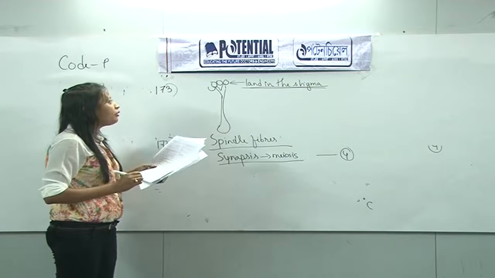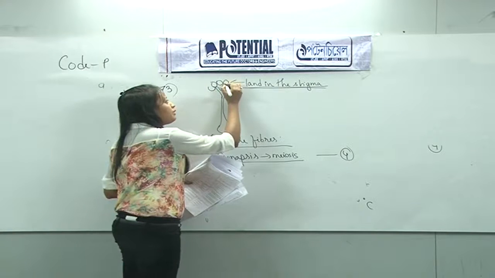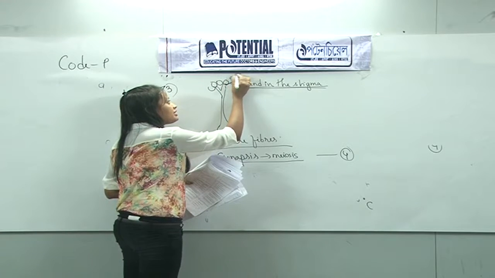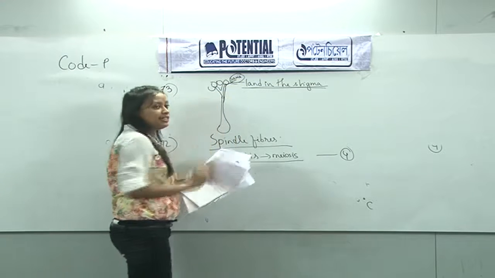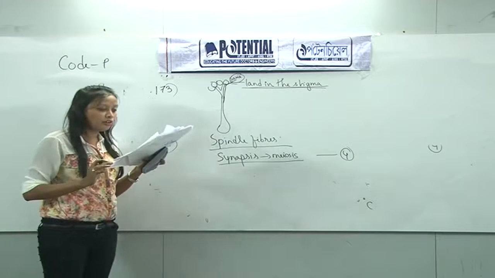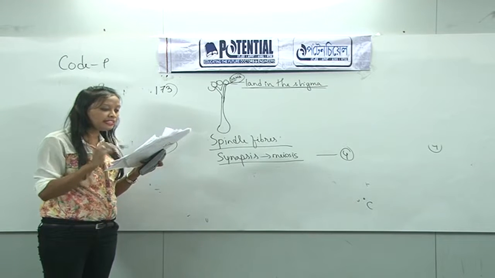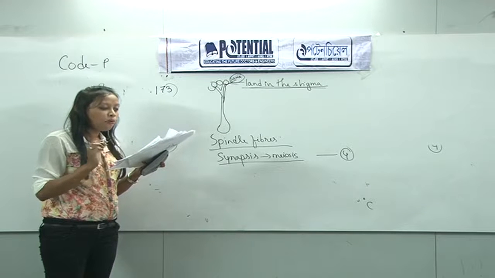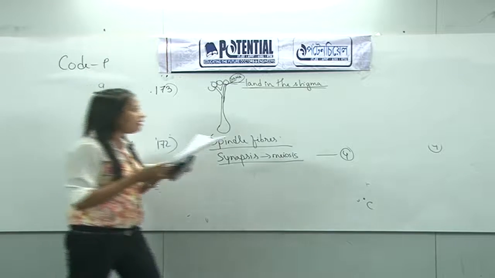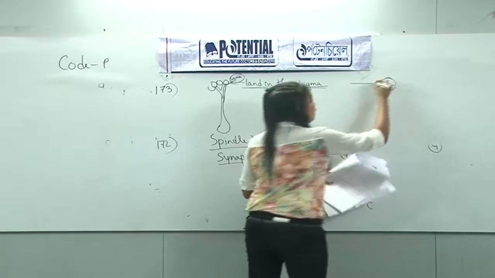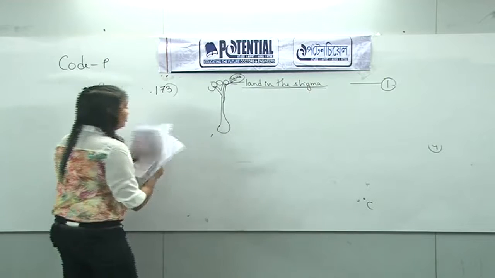But there is pollen-pistil interaction which allows only the pollen of the same species. If the pollen belongs to the same species, then only it will germinate and form the pollen tube over the stigma. So that option is not possible, because according to the option, pollen grains of many species can germinate on the stigma. No, pollen grains of only the same species can germinate over the stigma. So the correct answer is 1. Next, move to the question number